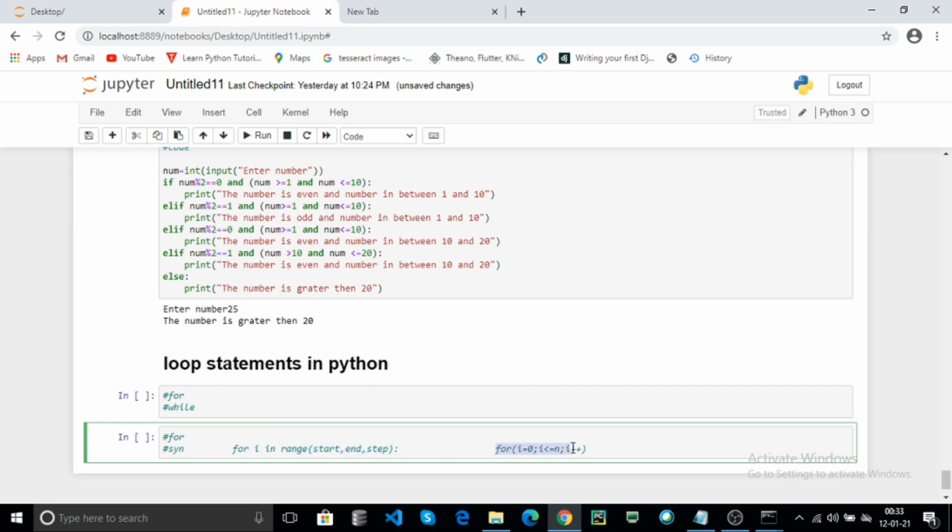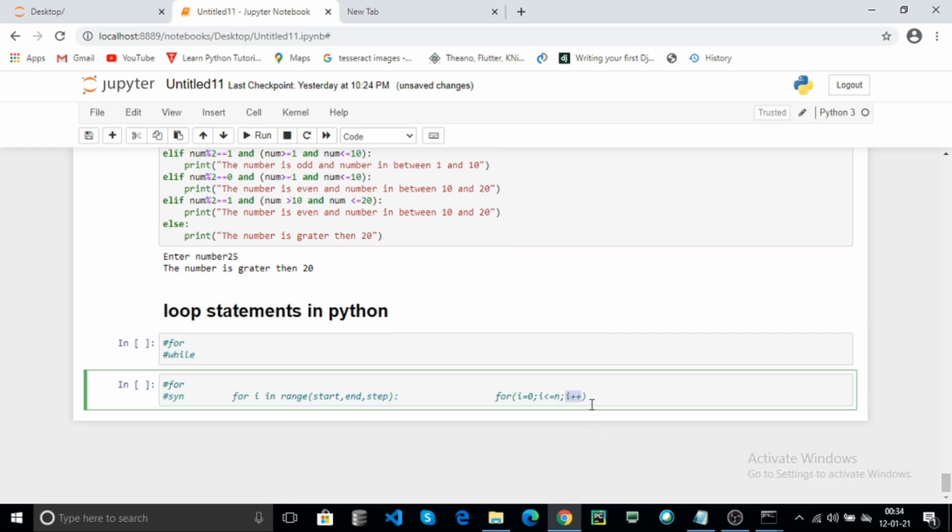In other programming languages also, i is used for iterating the data in the loop. The start is like i equal to 0, meaning the starting value, and end is the last value, so it iterates from the start to the end. Step is the increment or decrement. Now let's see some examples.